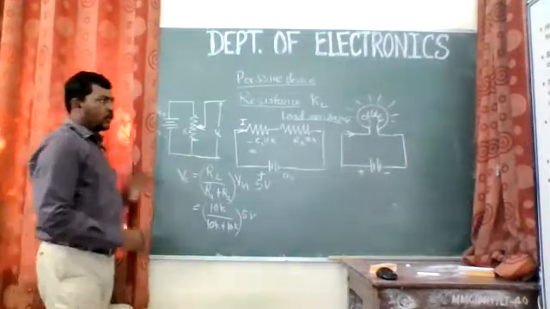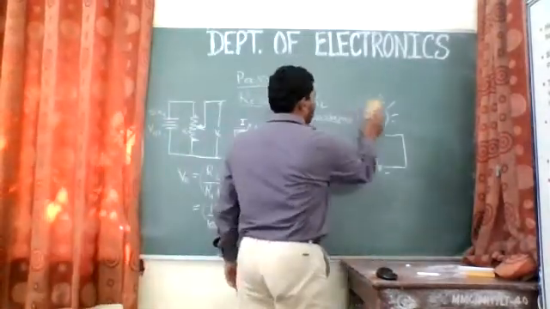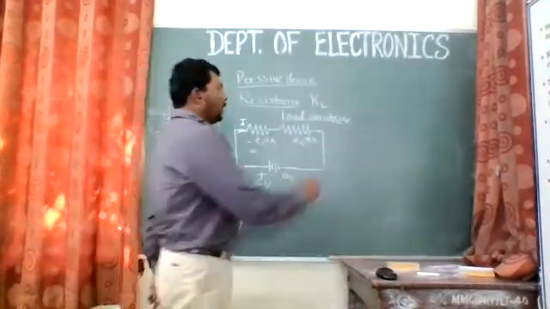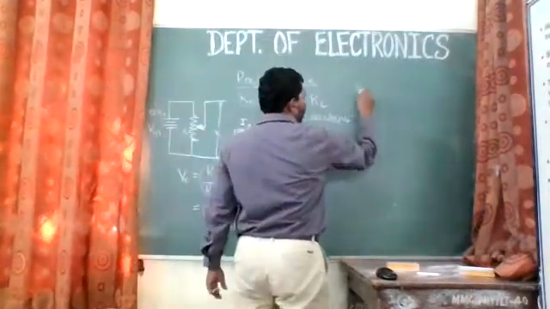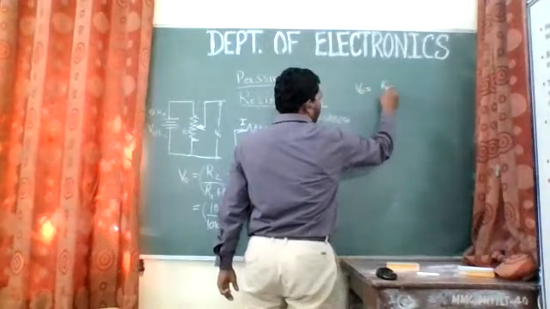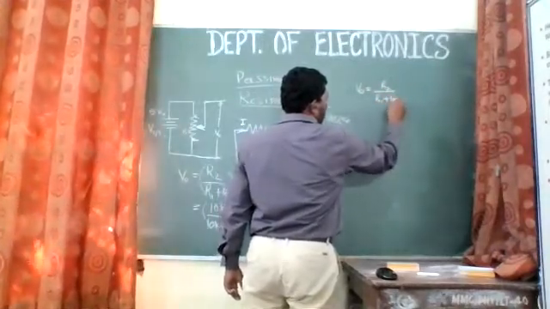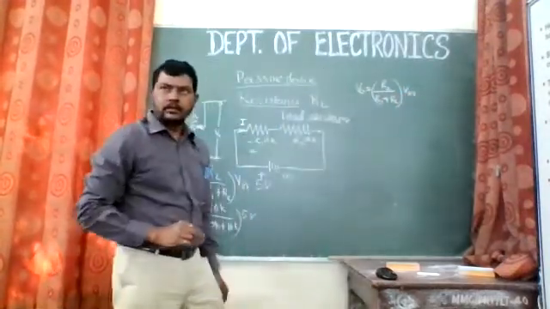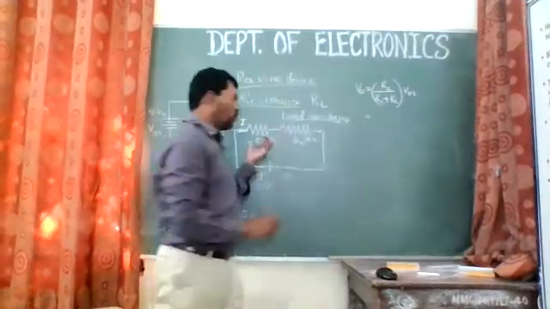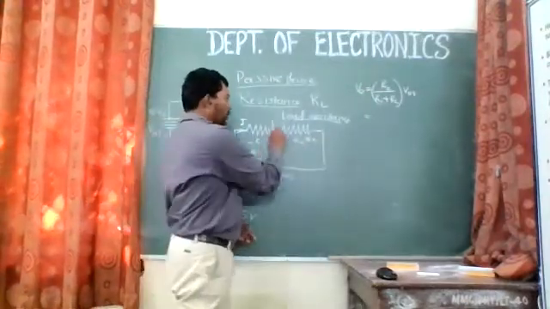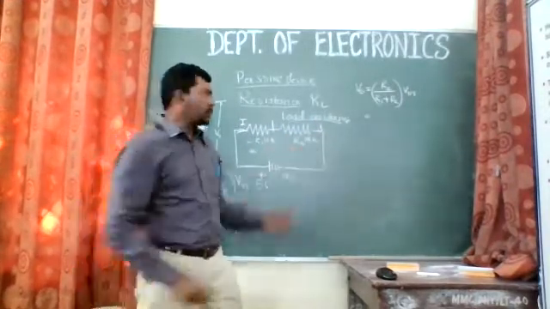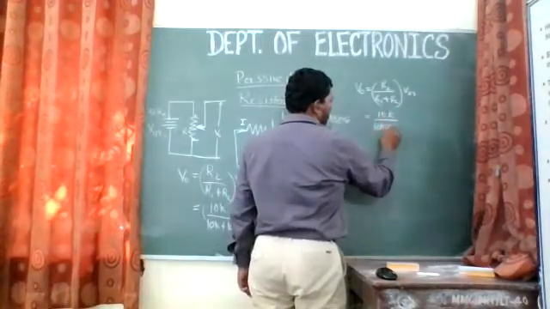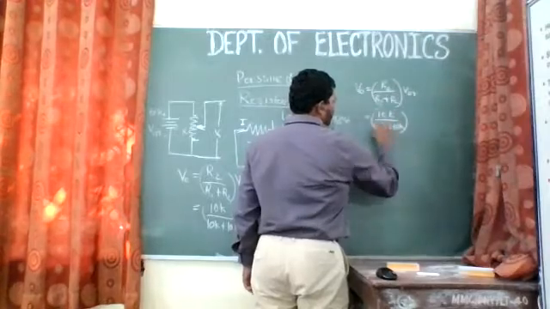Is that visible? Okay, what I will do, I will rub this. I guess you have understood the concept of load resistance. I will just put this again and we'll try to analyze. So the formula is VO is equal to R2 by R1 plus R2 into V in, right? So we have taken both resistances as 10 kilo. I'm trying to take the voltage across R2. So I will substitute that. So R2 is 10K divided by 10K plus 10K into 5 volt.